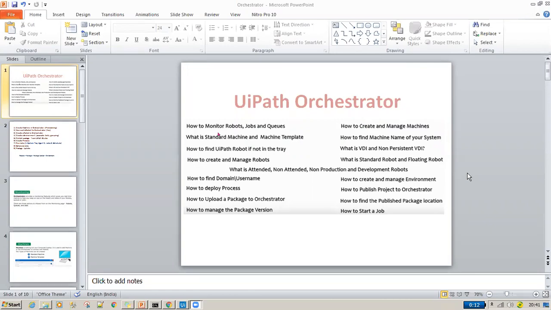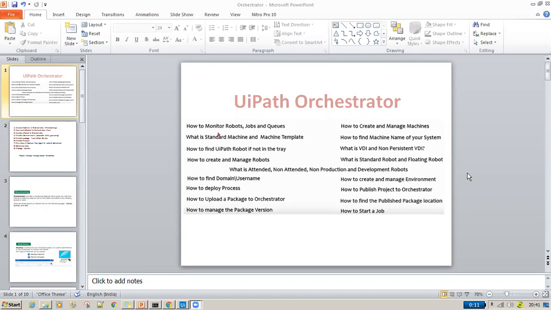So I told you there is a centralized web application which is called UiPath Orchestrator. We'll deep dive into this. It is one of the most important components, wherever you go and every interviewer asks about it, once the development is done. So the second part is going to be your deployment part.